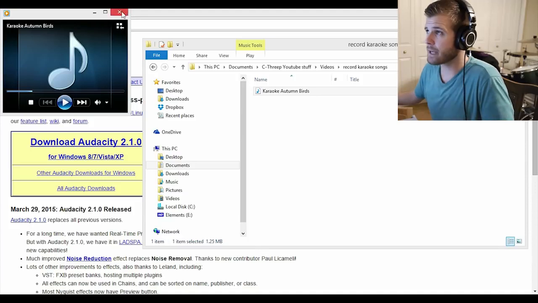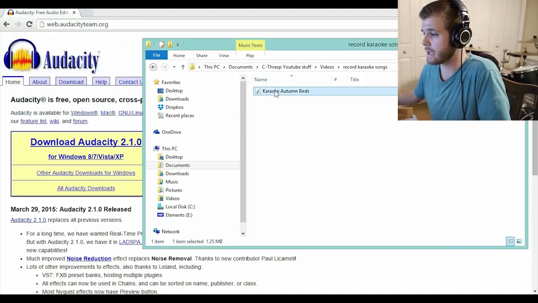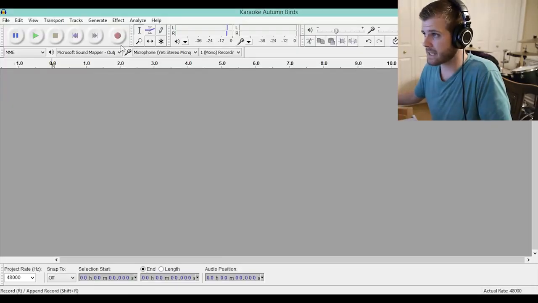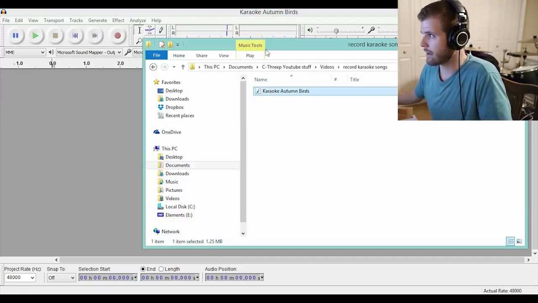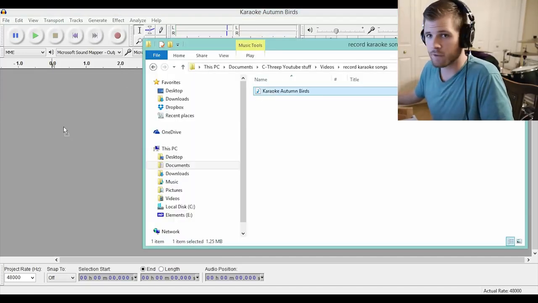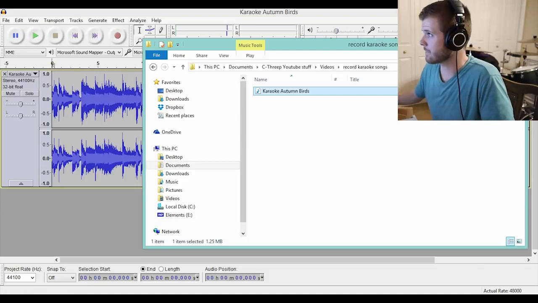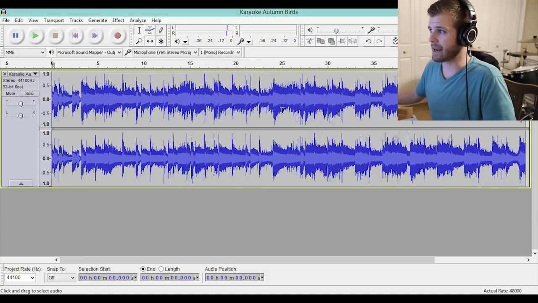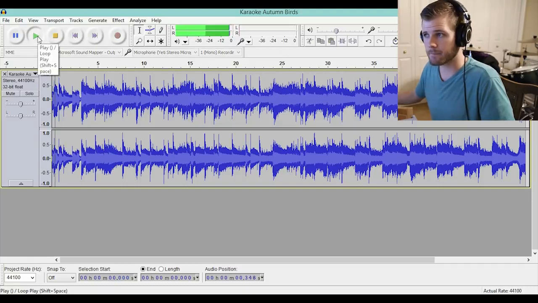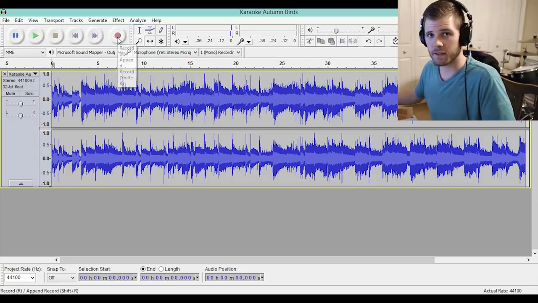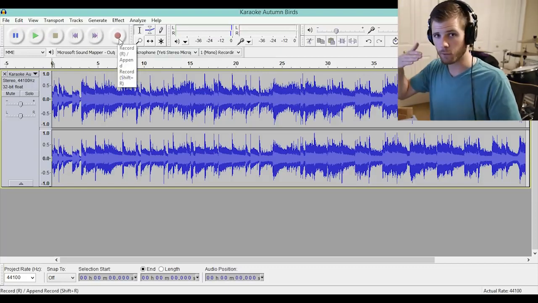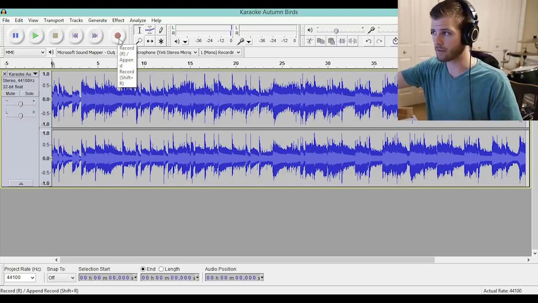So it's an MP3 and I want to add vocals to it. So I can simply open Audacity and click and drag my MP3 over to Audacity. And voila, here's the track. You can press this green play button to play it. And you can also press this record button to immediately just start recording your vocal track on top of this